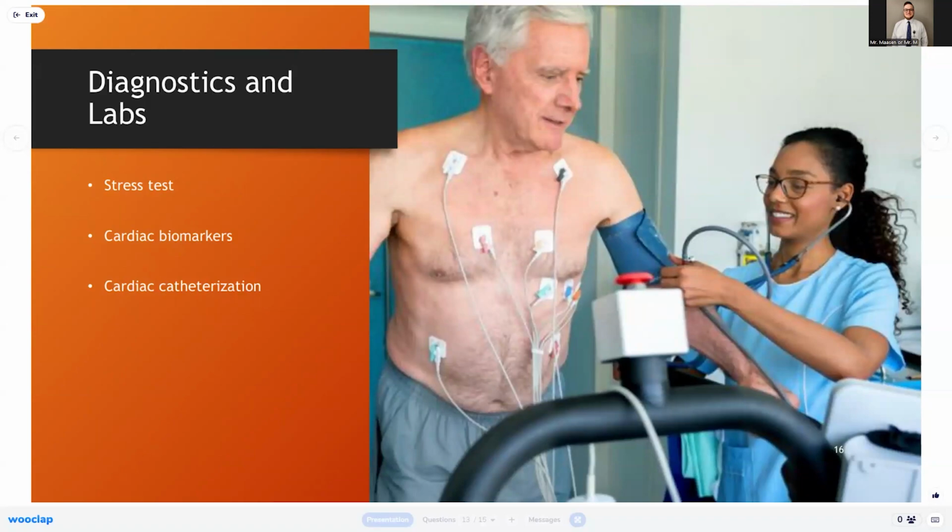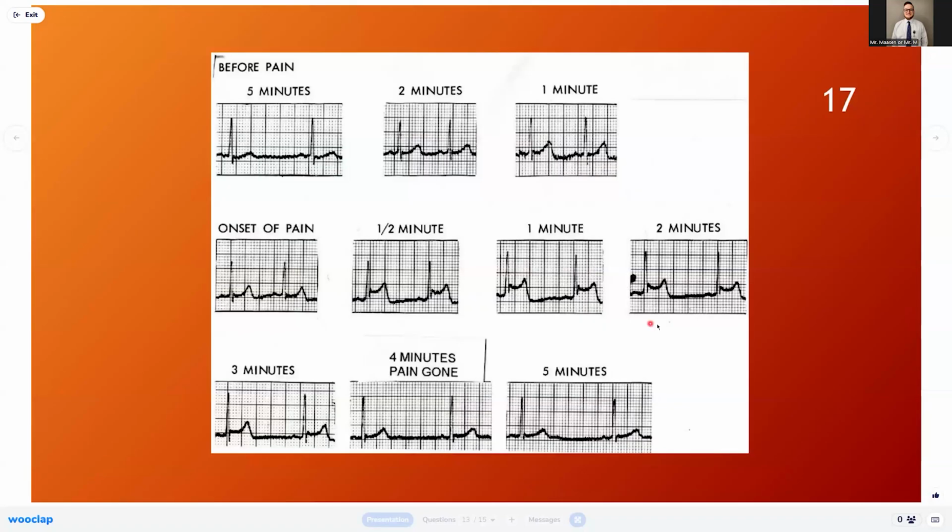The cardiac cath, talked about in chapter 21, is placing a catheter into the arteries and being able to visualize them with a contrast dye, also known as an angiogram, to visualize the coronary arteries, discover those blockages, and then hopefully fix them. And this is just showing you